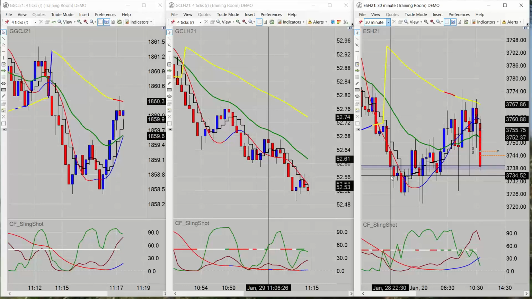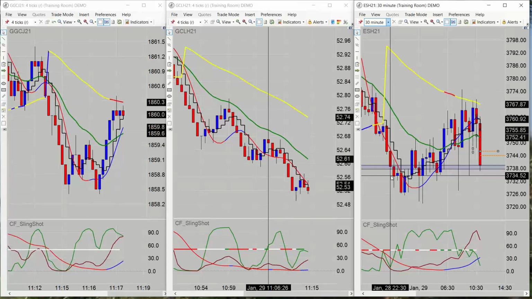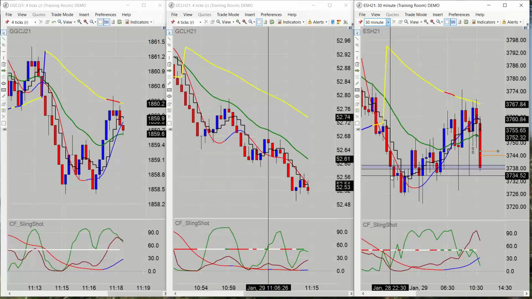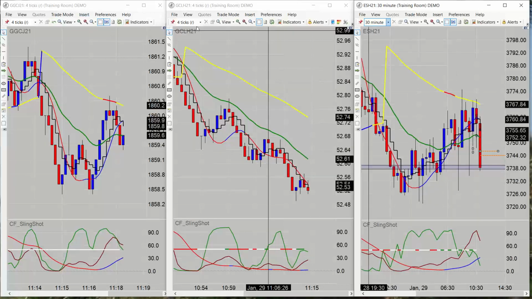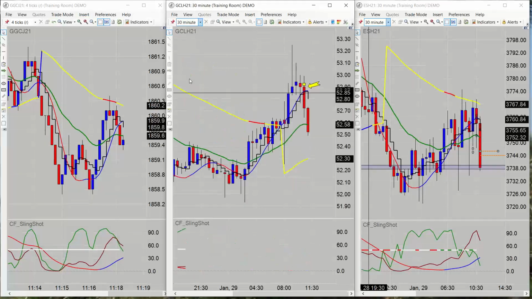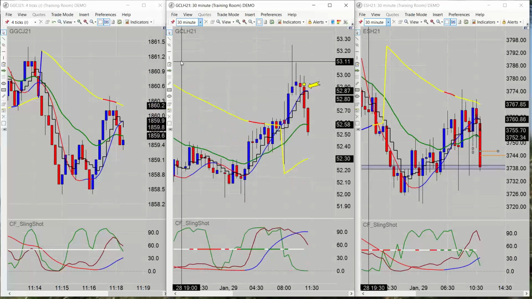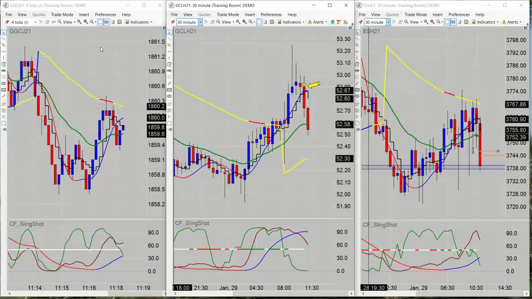So let me look through the other markets real quick. Let me take a look at crude again. Crude has completed its pullback on the 30-minute chart, and price is currently slightly below the BBC. So we don't want to do anything just quite yet. We want to see how price is going to behave, because when price hits the BBC, that's an important price,